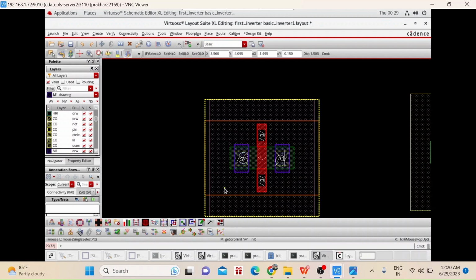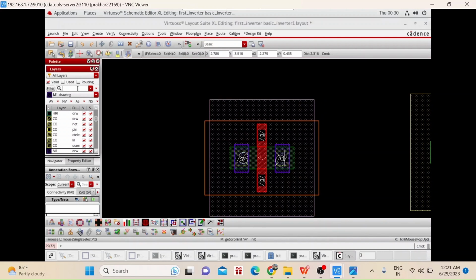Now over that I want to create my PMOS. So how will I create it? First I again make this diffusion layer. Green layer is nothing but your diffusion layer. Over that I have created a polysilicon layer, which is nothing but your gate, and then metal one on both sides, and then contacts. One will become source and one will become drain. Now how will you identify this as PMOS? Because now I have doped my diffusion layer with the P plus layer. So this purple layer is nothing but your P plus layer.